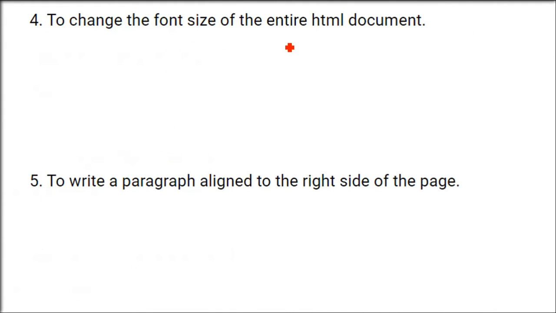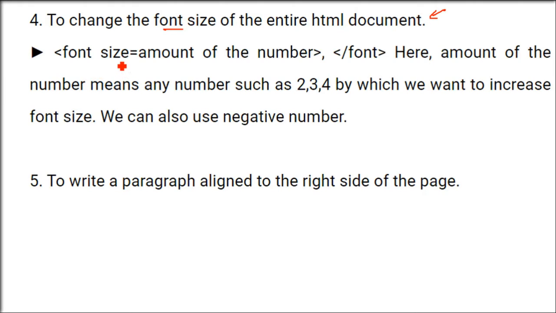To change the font size of the entire HTML document, so you want to completely change the document font, for that you will use this in body, means you want everything. I'll just tell you about the font. So the font size, here you are going to write a number. That number can be anything, it can even be negative.